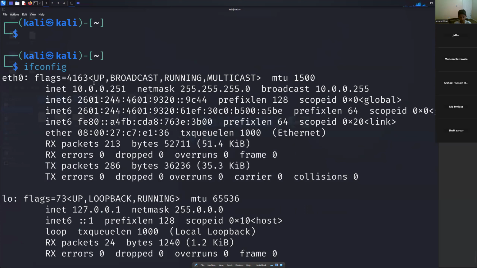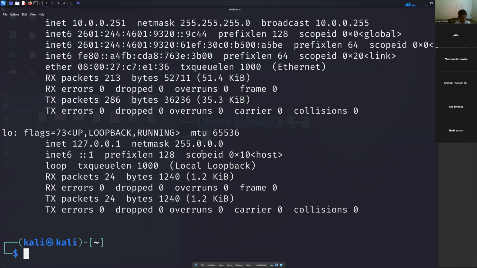So that's my IP address. That is my netmask. So that means my IP address is actually classless. What is it? Yeah, it's classless. Which means 10.0.0.0. So the IP address will be 10.0.0. So it is the arp-scan 10.0.0.0 slash. We're not going to use